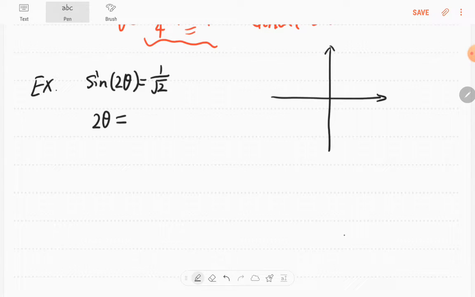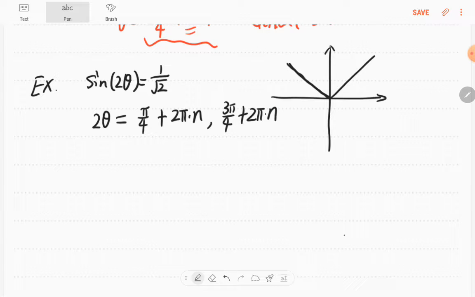Sine would be in the first and the second quadrant because it's positive, right? So this is the terminal side for 2 theta. Okay, this is for 2 theta, not for theta. So one is pi over 4 plus 2 pi times n. Another one for this terminal side would be 3 pi over 4 plus 2 pi times n. Okay, but remember,